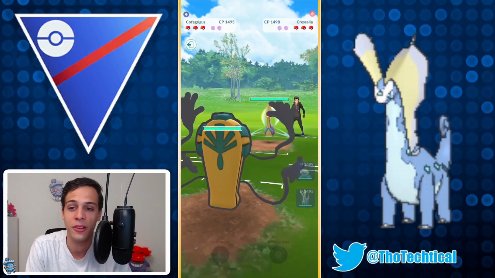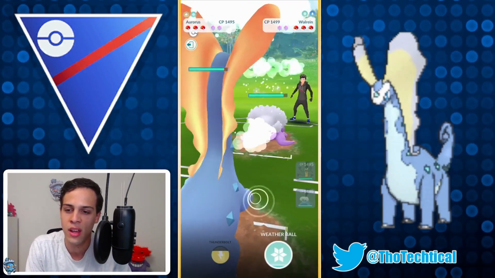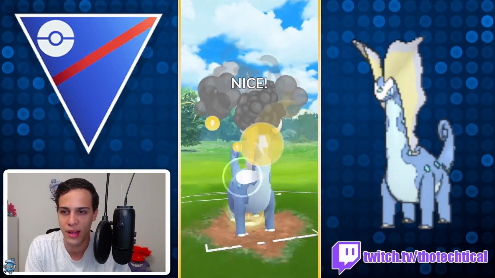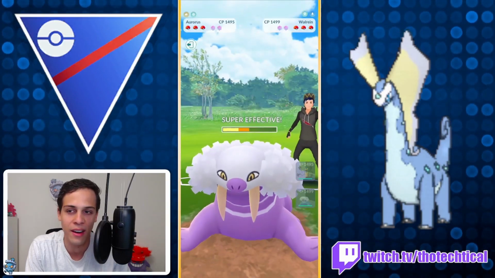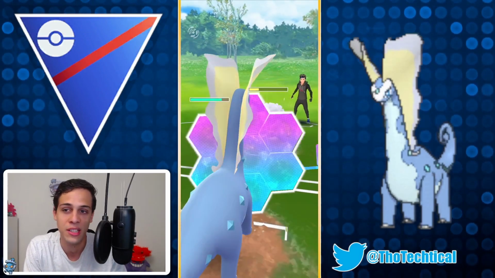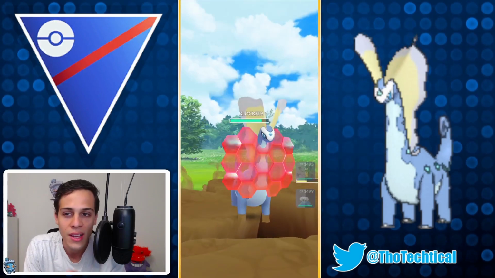Cofagrigus into their Cresselia is a very solid lead for me. They bring in Walrein, I bring in Aurorus. Thinking I would win this matchup, but I looked at the sims earlier, or like after this battle, and Aurorus actually just gets wrecked here. I thought it would win because I looked at the Ultra League sims, and in Ultra League you can actually win the 0s and the 1s with baits. In the Great League you just get destroyed, unless you can get the